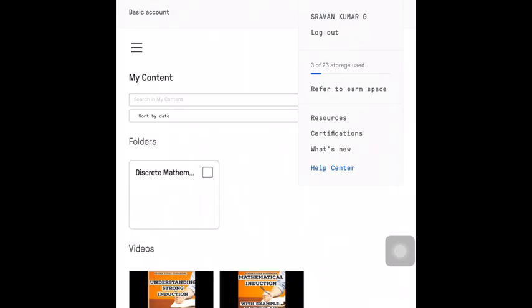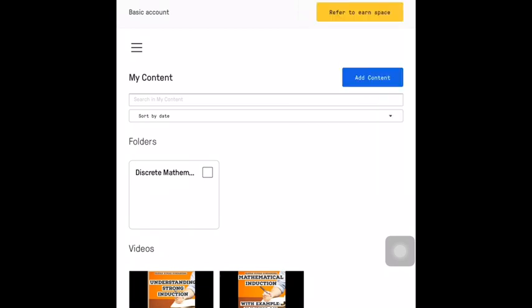If I want more space, I need to send my promo code to teachers who are going to register with Edpuzzle. If I give my promo code to a teacher, and that teacher registers with my promo code, then I'll get more storage space. This is the benefit the Edpuzzle website gives us. You can see here, refer and earn space, and this is the Edpuzzle app, which is a great tool.